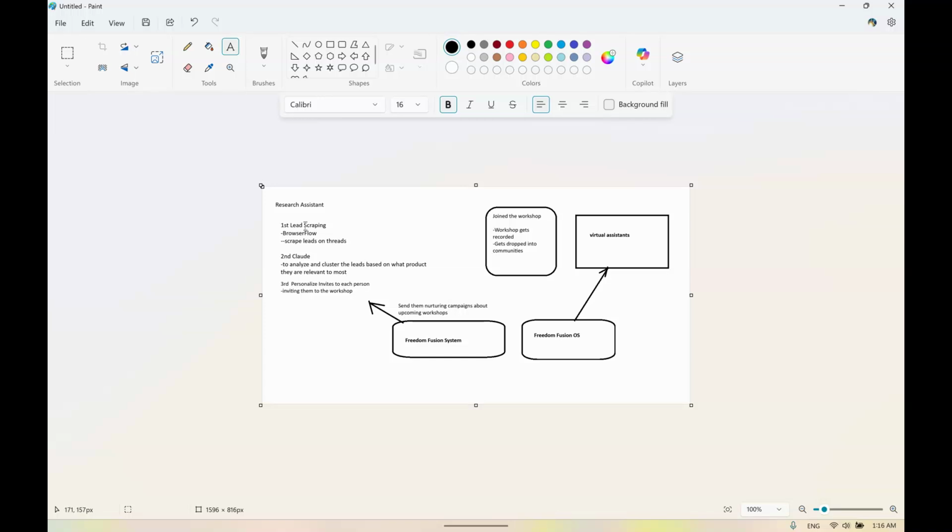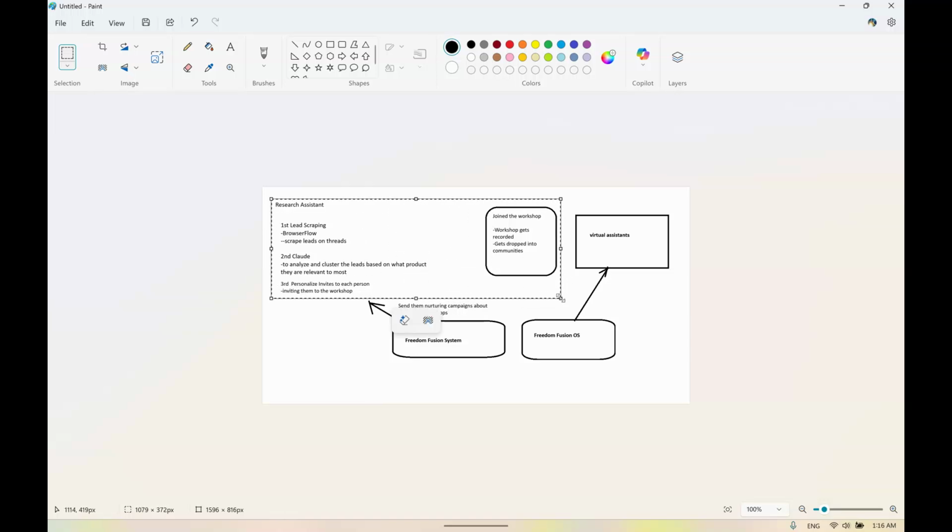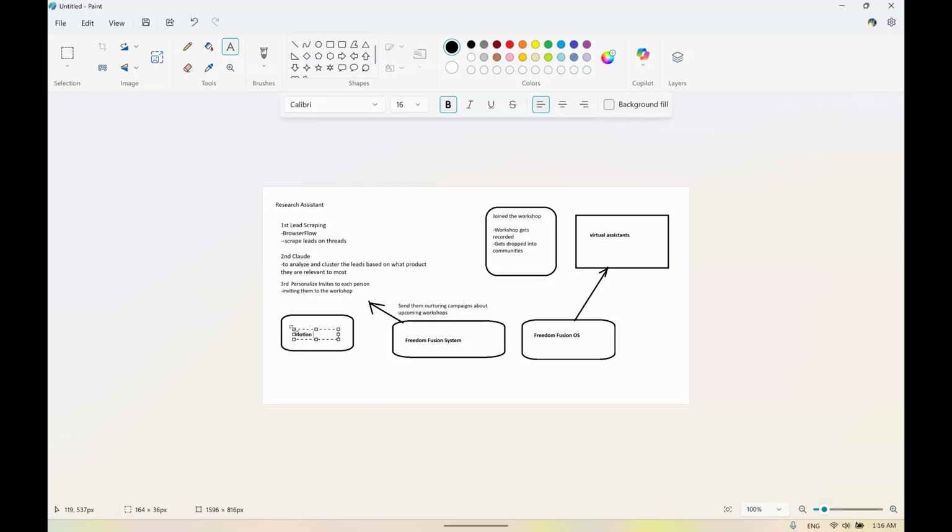As soon as the research information about each of the scraped persons comes into a portal, it's basically going to be like a website where you could see all of this information from Claude being sent into a portal, all in one shot. It could be in a Google Drive, in a Google Doc, where your virtual assistant can quickly see it. It could be in Notion. But the idea is you want to have that information in some sort of format for your virtual assistant to see. Now, I recommend Google Doc